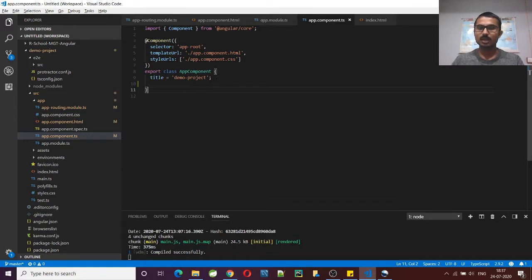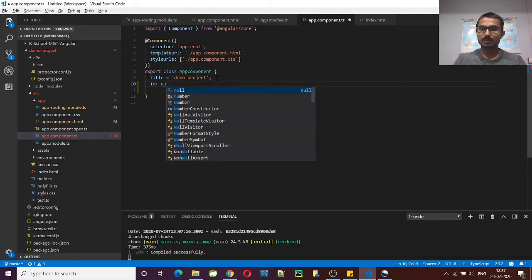Before moving ahead, let's discuss a few points like data types in Angular. There are a few data types we frequently use. For example, suppose you are creating a custom object, like let's give an ID. ID can be of number type.